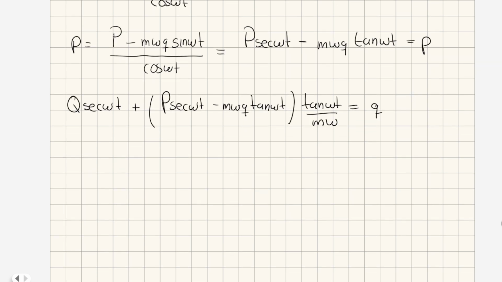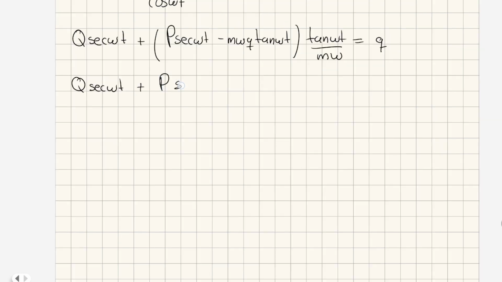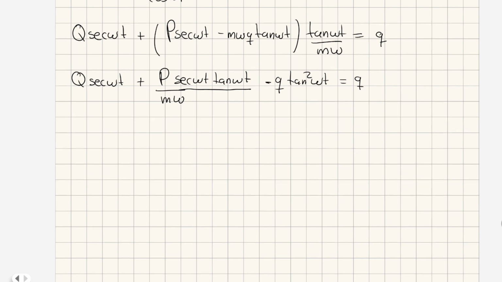So if we work with this, we are going to get q secant omega t plus p secant omega t tangent omega t divided by m omega, and then minus q tangent squared omega t equals q. We are going to take this into the right-hand side of the equation to take the q as a common factor, and that will give us q